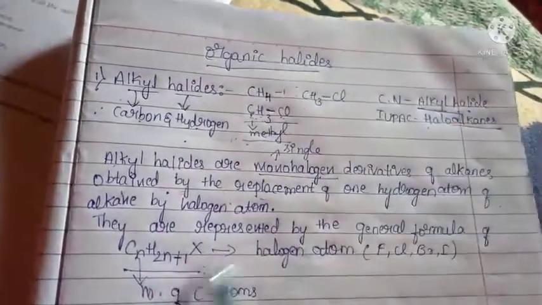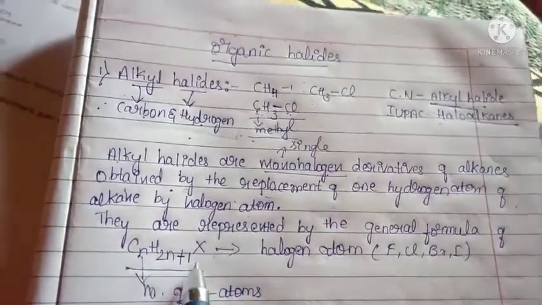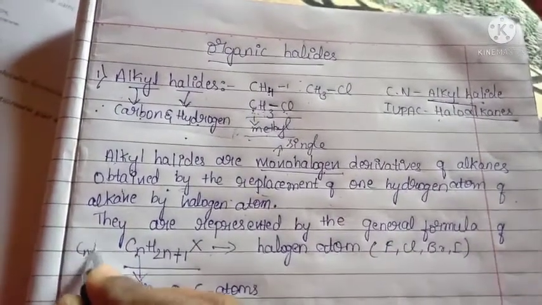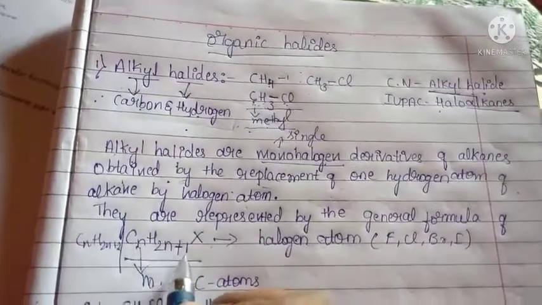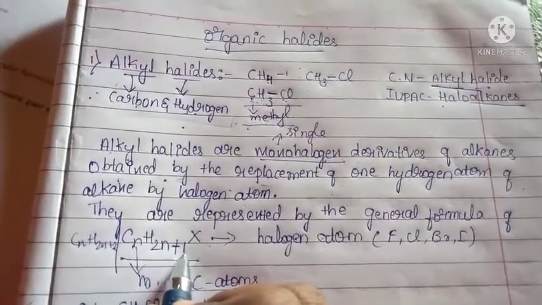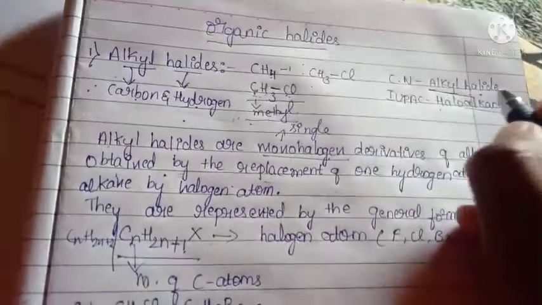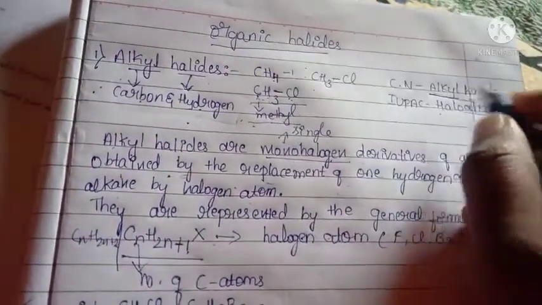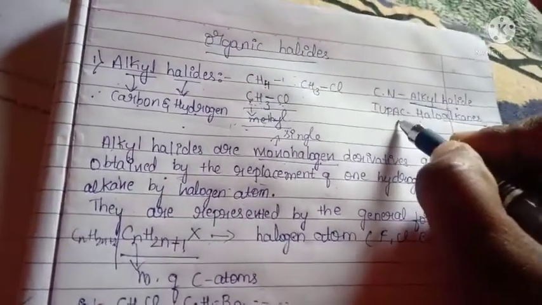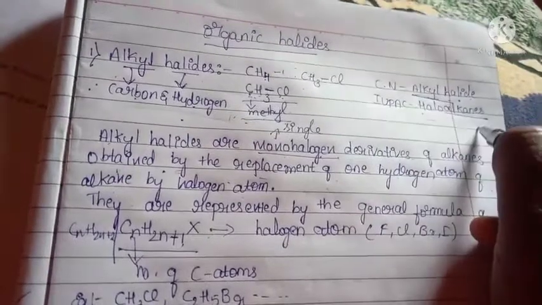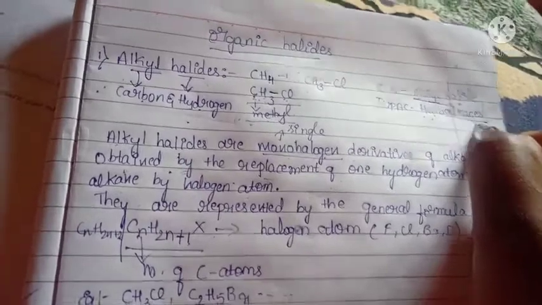Okay, and then they are represented by the general formula CnH2n+1 X. For alkanes, CnH2n+2 is the general formula, but here one of the hydrogen atoms is replaced, so that's why it gets a plus 1 and X. Okay, the common name for an alkyl halide is the same: alkyl halide. First we have to write the alkyl group and then the halogen group. For the IUPAC name, haloalkanes, it means first we have to write the halogen group and then the alkane group.